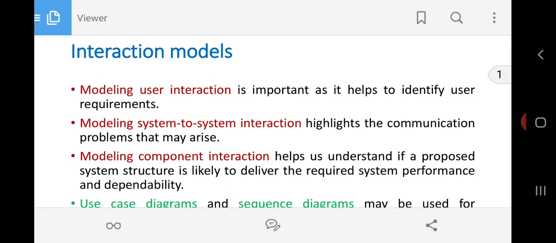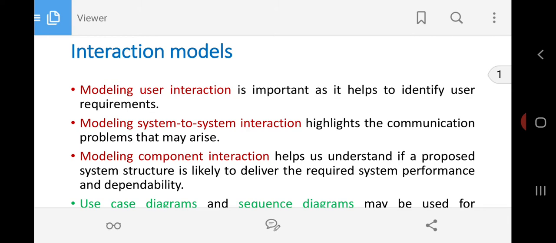The customer is going to insert the ATM card. Then you will enter the PIN number. Then if the PIN number is correct, it will ask you to enter the amount to be withdrawn, or whether you want a mini statement or any different options that will get displayed. Then you will enter the amount to be withdrawn, then it will check with your balance. All these things will be done. So these are all the different interactions which will be taking place as part of withdrawal of the money.